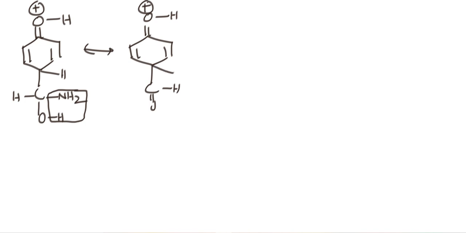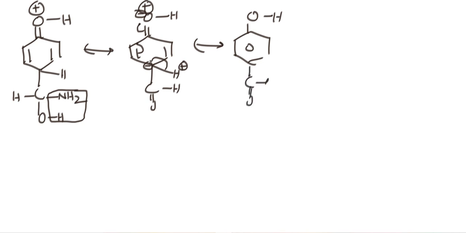Now after that, this is tautomerism. Please remember, this is negative, the bond shifted, the bond shifted. Then what will happen here? H plus ion is coming out. Tautomerism it is. The bond shifted like this. Here we are getting complete phenol along with CHO. Here H plus ion is coming out.